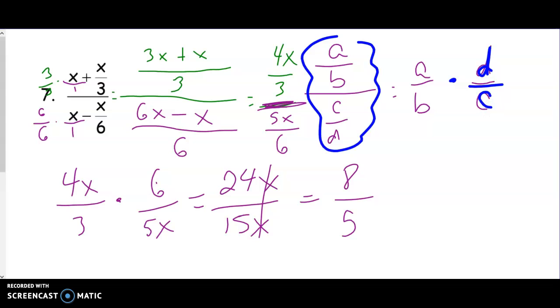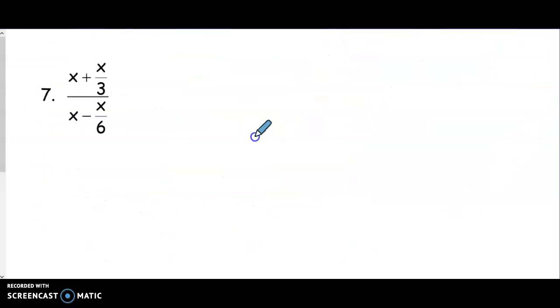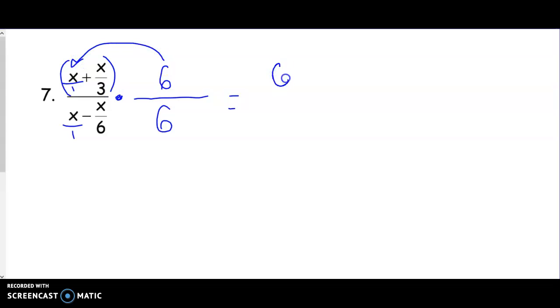The other method, let's do it a second way, and it does not matter to me which way to do it. They each have their advantages and disadvantages, just preference. Sometimes one is quicker than the other. The other method would be to multiply by a number, top and bottom, so that all these denominators cancel. So for this one, if I multiply the top one by 6, whatever you do on top, do the bottom, we'll end up with 6 times x, so 6x over 1,